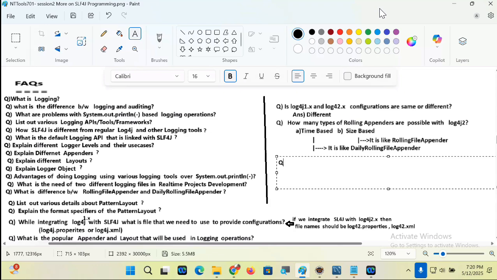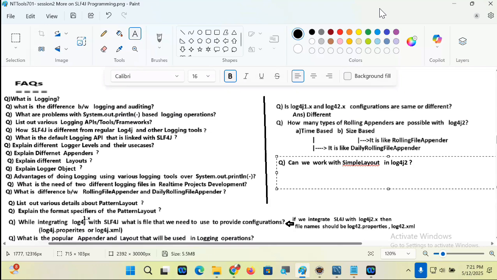Question. Can we work with simple layout in log4j2? First day we struggled to get this layout.